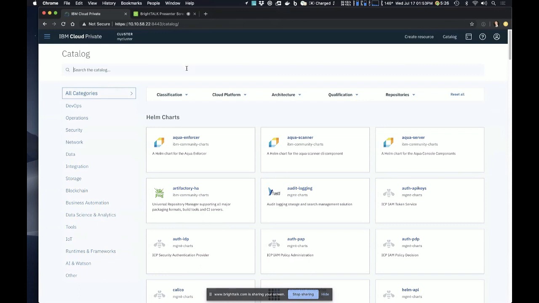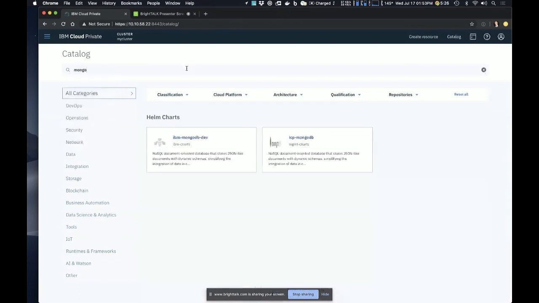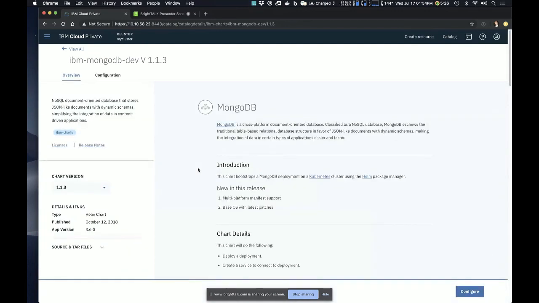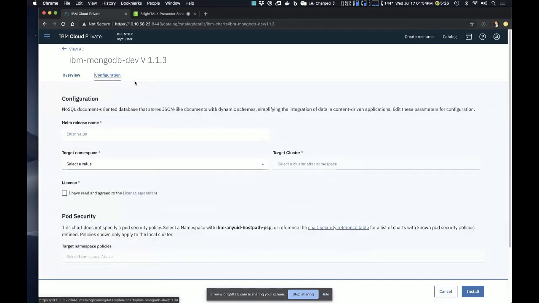So the next thing I'm going to show you is Mongo. So like I said before, I essentially was just running a dummy application that just, while true, just keeps running, so it'll just always run forever, right? But I want to be able to actually deploy an application here. So in this case, I'm going to show MongoDB.